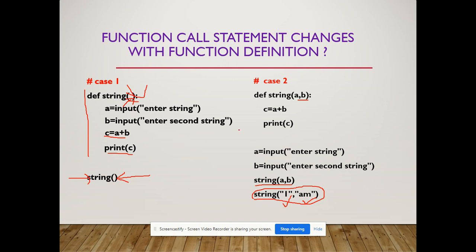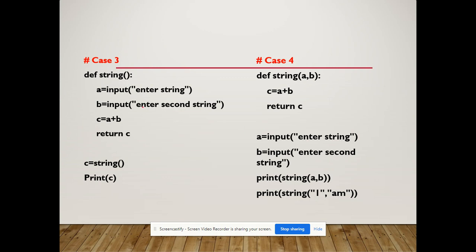Let us see a few more cases. Case 3 and case 4. Just observe the code and tell me the difference. Are there any arguments for the case 3 function? No. Function definition is not having any arguments. Let us see the function call statement. So this is function call statement, main program statement, where this is called function call, right? So what is the difference? There are no arguments,